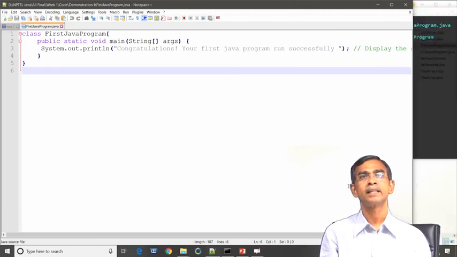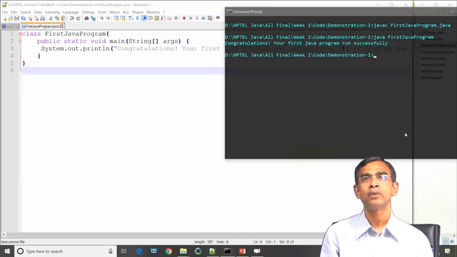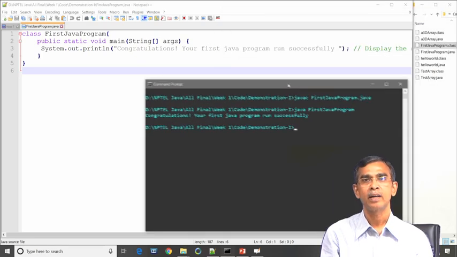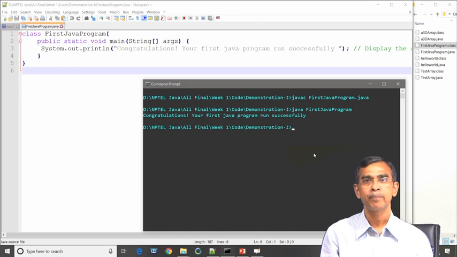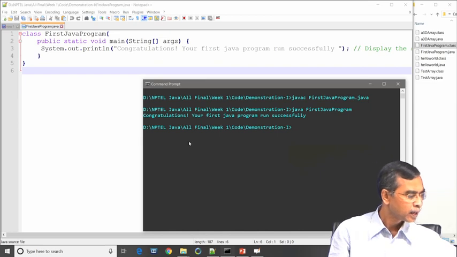This is the message that it will display. Now we can see the output, and it also gives the same thing. These are basically the steps: edit your program, compile your program using javac, and then run your program using the java command. These are the few steps that you should consider.